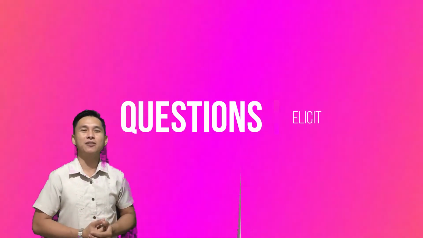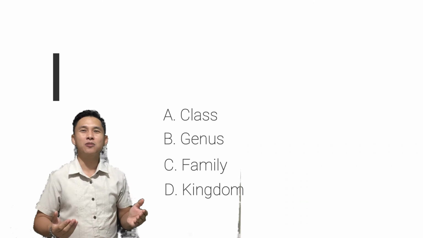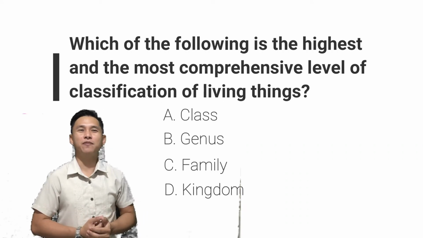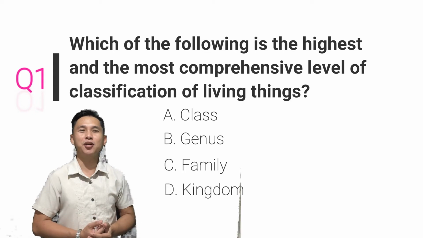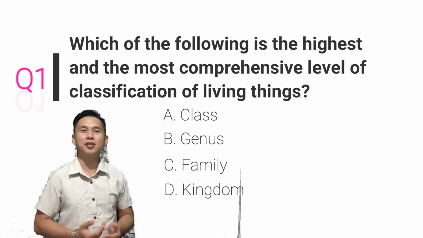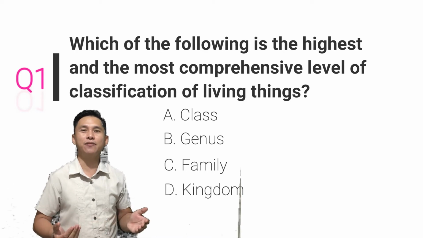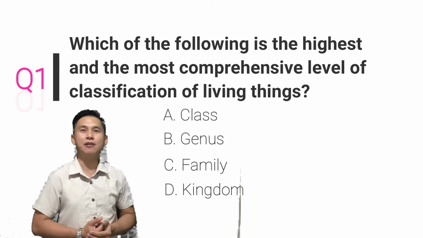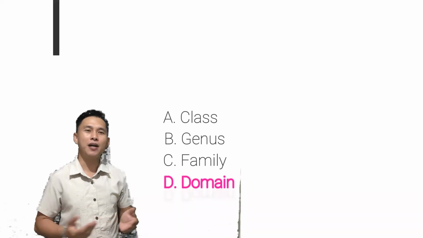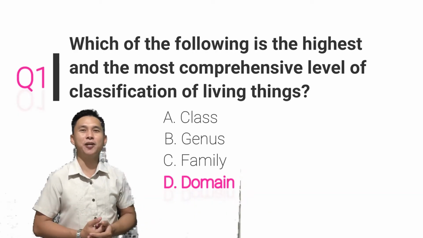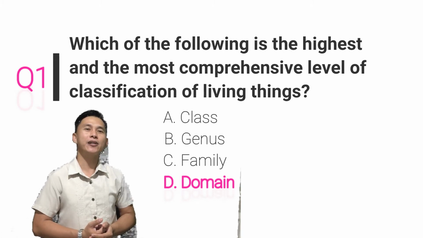HQ time! Question number 1. Which of the following is the highest and the most comprehensive level of classification of living things? Letter A, class. Letter B, genus. Letter C, family. And letter D, kingdom. The answer is letter D, domain. Second,